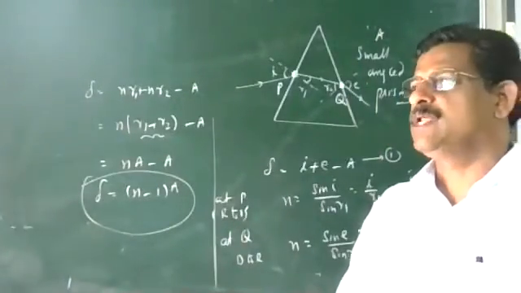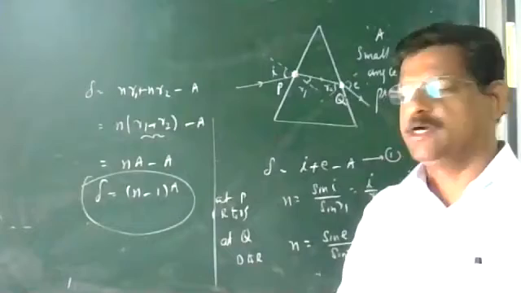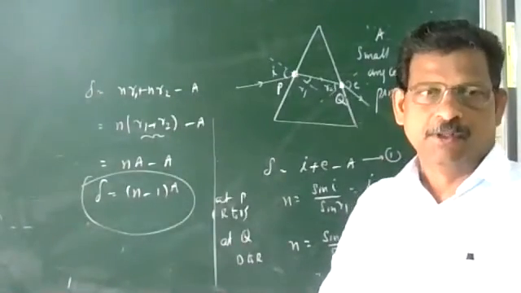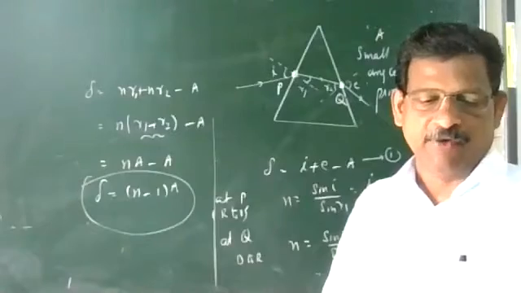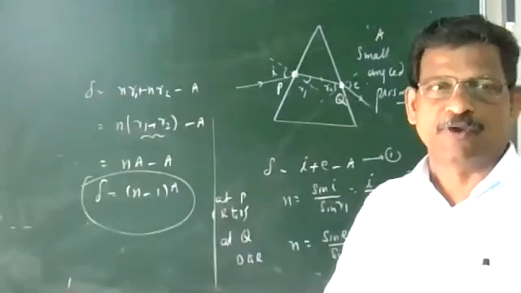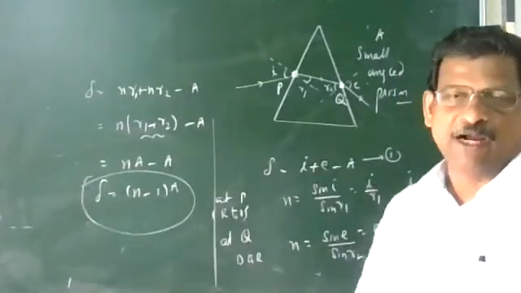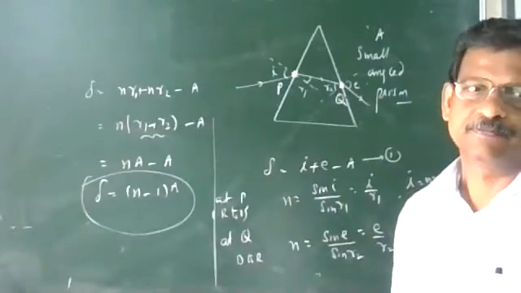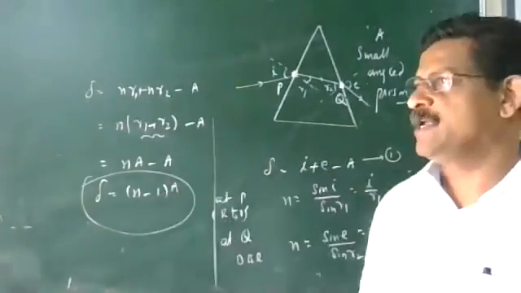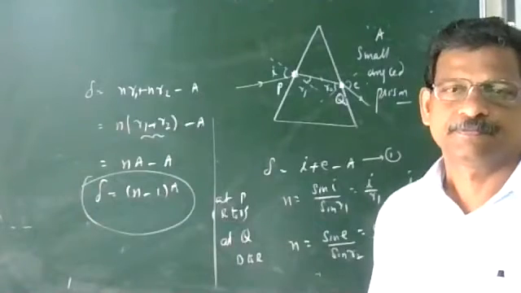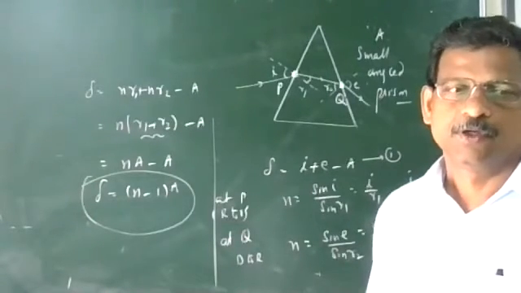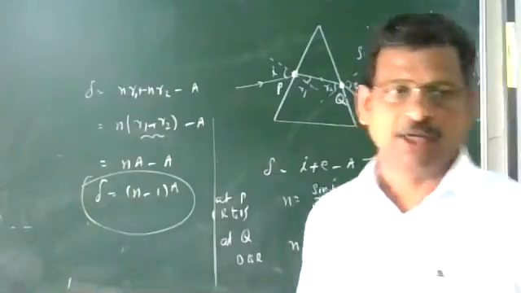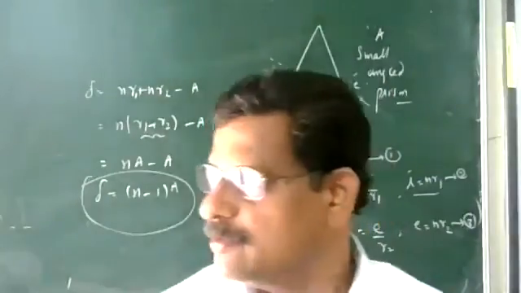If n is given and the prism angle is small, you can find the deviation for a small angle prism. The board question was like this: calculate the deviation produced for a glass prism of refractive index 1.5 and angle of prism 6 degree. This was a 1 mark question. So write this equation five times in the calculator. Small angle prism, what is the angular deviation? Delta equal to (n minus 1) into A.